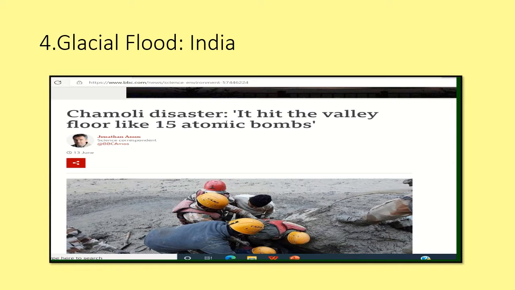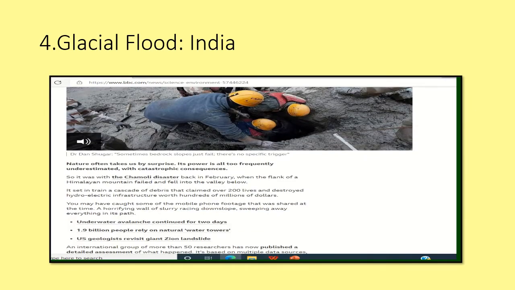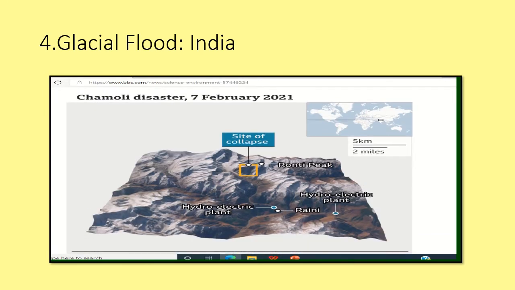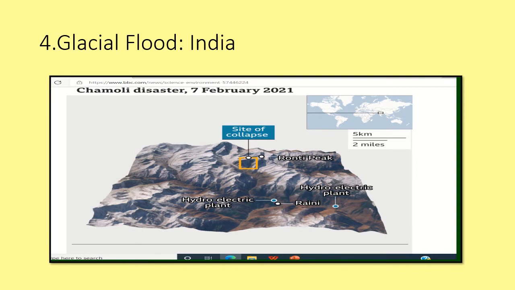It hits the valley flood like 15 atomic bombs, that was so powerful. Chamoli disaster. This is a diagrammatic presentation of the Chamoli disaster. This is the Ronti peak. This is the zone of glaciers,